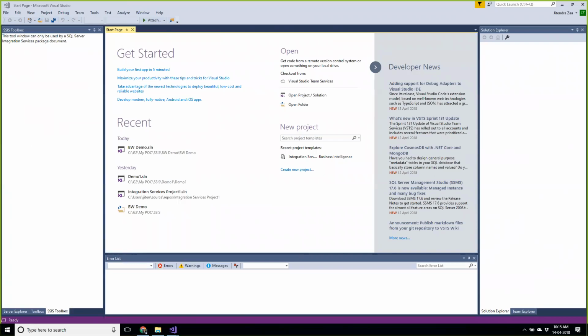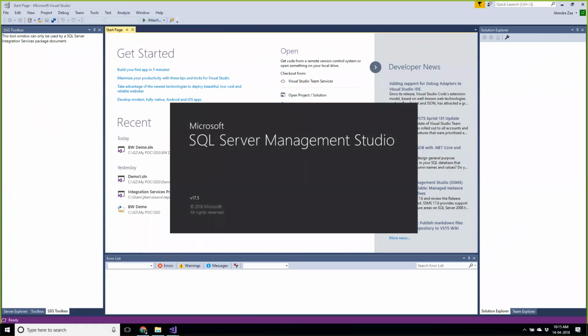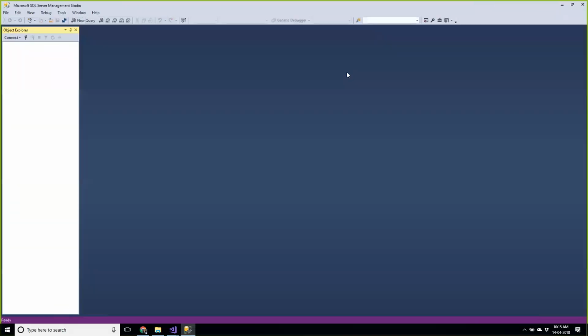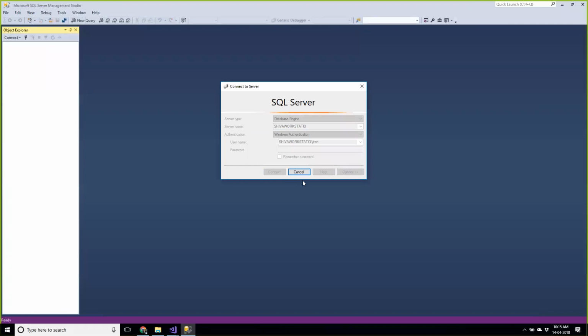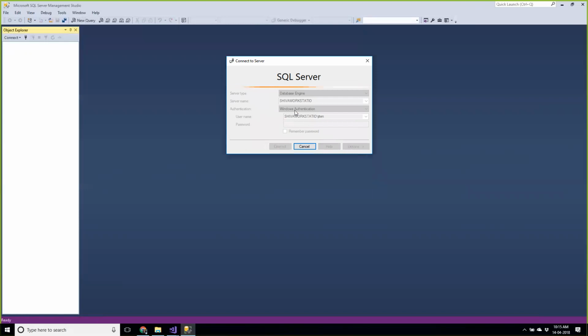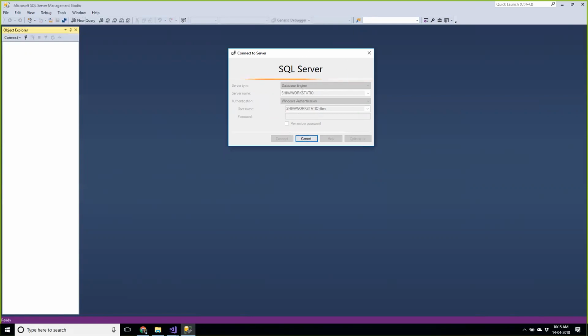Now, when we are extracting data from Salesforce, we can extract data in an Excel sheet or in a CSV file. You don't necessarily need to have SQL Server, but I like to use SQL Server. So this is SQL Server running on my system. I'm just connecting to the SQL Server. It's taking some time, so meanwhile, while the SQL Server is getting connected,